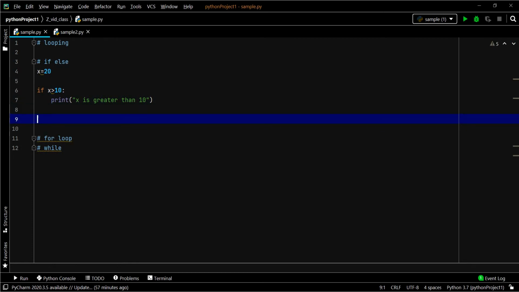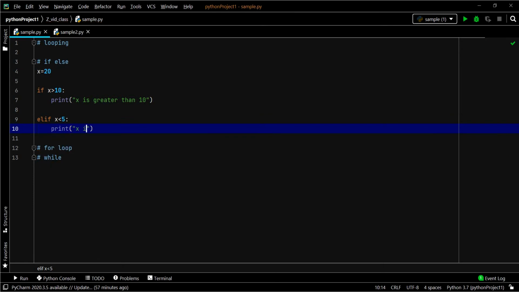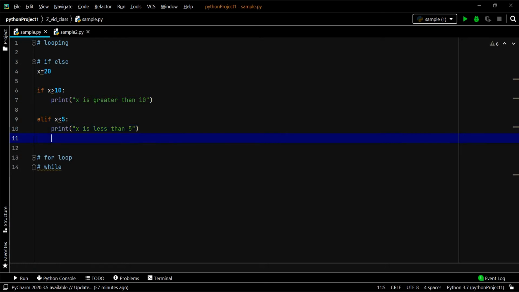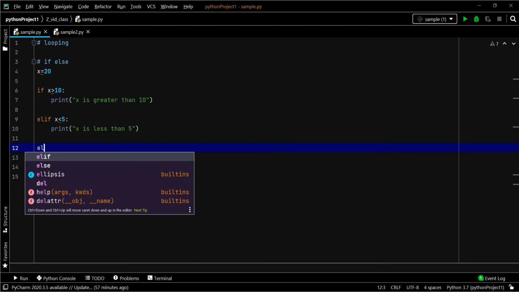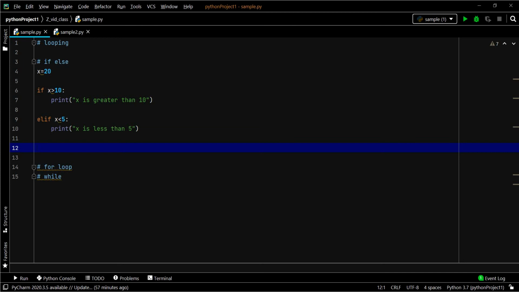Now I am checking another condition with elif, which is nothing but else if. If this condition is true, then check this condition. x less than 5, print x is less than 5. You can have as many elif as you want.